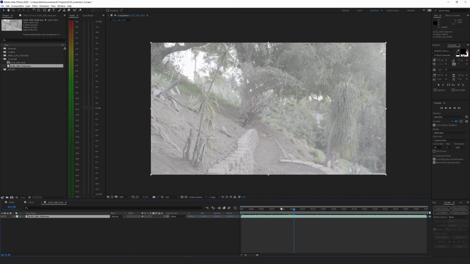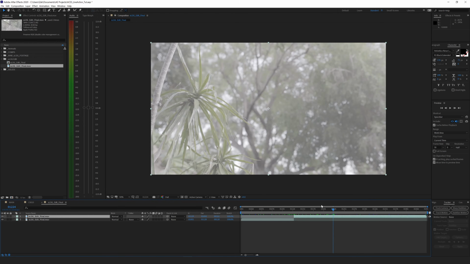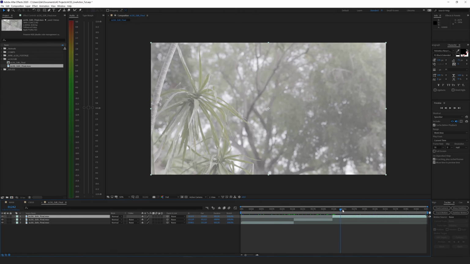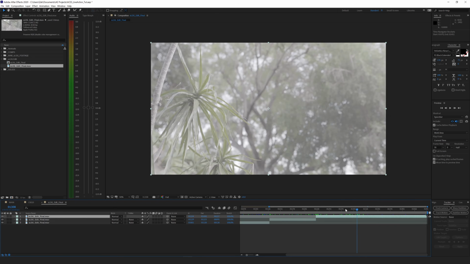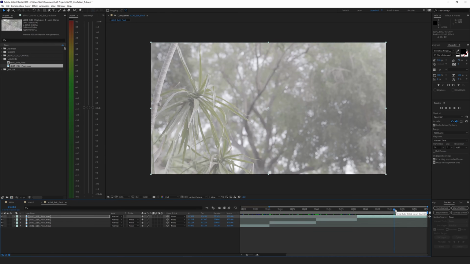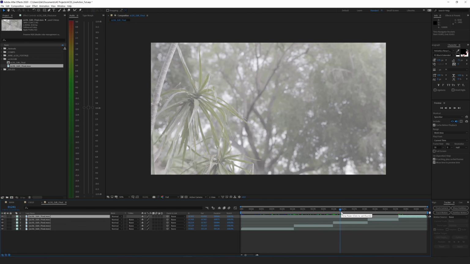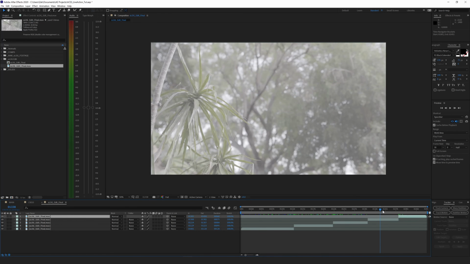I'll just go page down. Here we go. So this scene. And I'll hit Control-Shift-D to cut there and make a new layer. And I'll go to the next scene. And Control-Shift-D, or I believe Command-Shift-D on a Mac, to do a new layer. There. Okay, now that I've got these split up into different shots, we've got our first shot, second, third, fourth, and